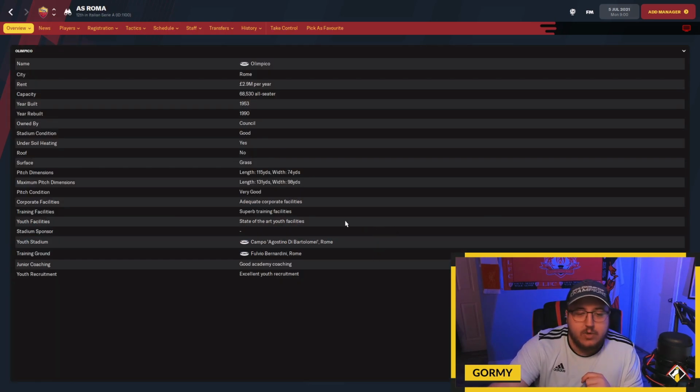So with AS Roma, they have superb training facilities, state-of-the-art youth facilities, good academy coaching, and excellent youth recruitment. So this is a club that can develop their own talents a majority of the time. It will be up to you to make sure that that does happen, and maybe do a homegrown type save to where you try and do everything possible to win as much as possible with players brought through the youth